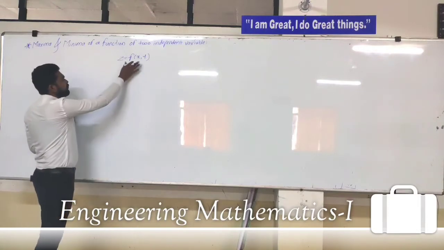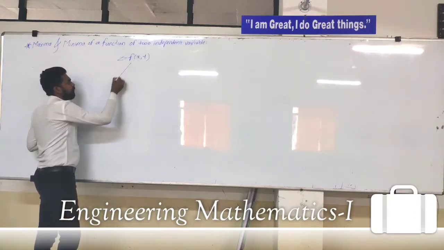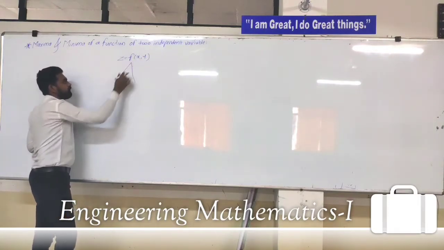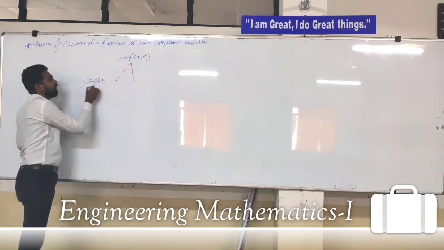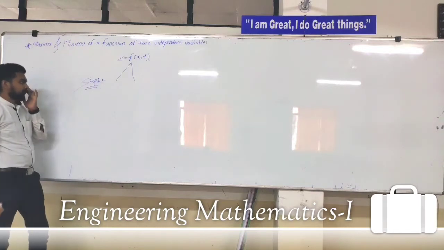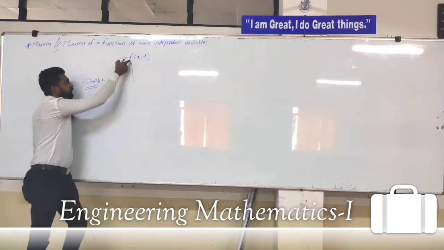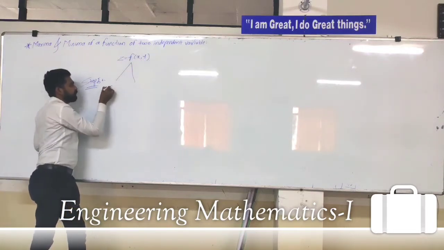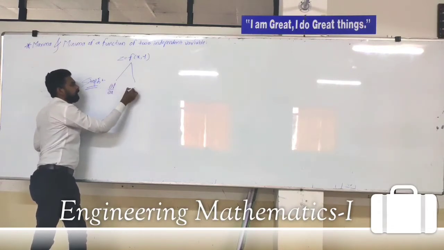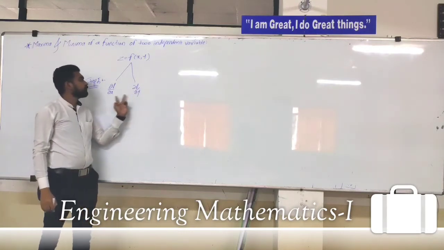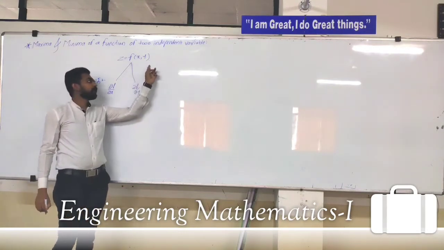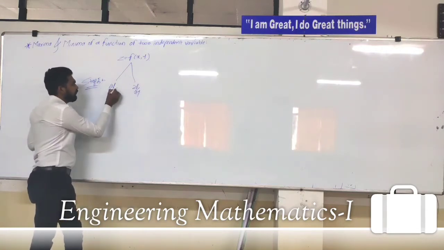If we differentiate this function with respect to x and with respect to y, so step number one to find maxima and minima of the function f of x y: we differentiate the function with respect to x and with respect to y, we get dabba f by dabba x and dabba f by dabba y. These are the first order partial derivatives of the function f of x y. Equate this derivative